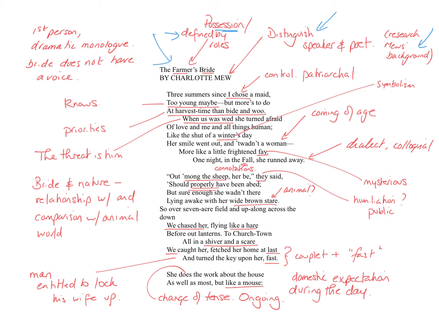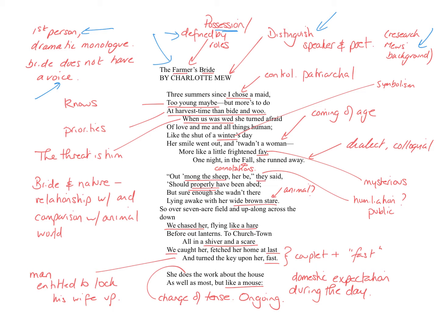So our opening stanza says, "Three summers since I chose a maid, too young maybe, but more's to do at harvest time than bide and woo." So we have first person dramatic monologue, and we're hearing from one character. The bride does not have a voice in this. We're hearing from the farmer, and we're hearing from him in his roles as farmer and husband, but he is